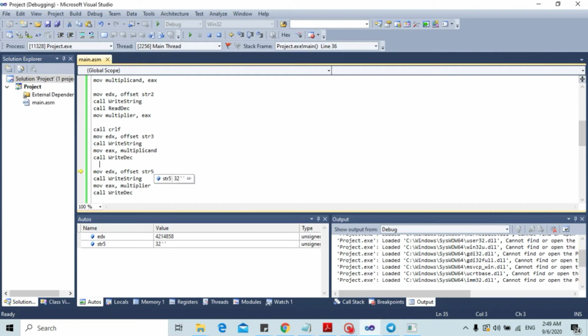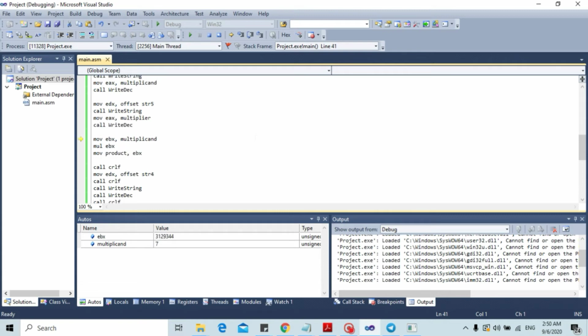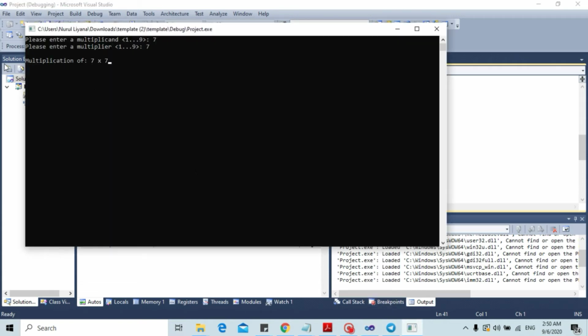So now we move the address of string 5, which is X, into register EDX, and call WriteString, and then we will have to move the value of the multiplier into EAX, and call WriteDecimal to display the value. You can see multiplication of 7 x 7,